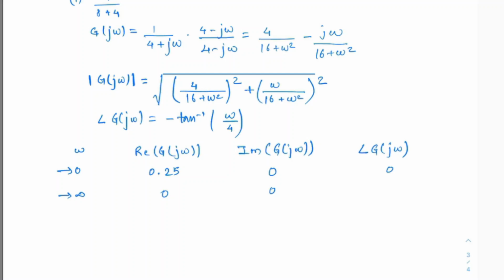So the angle term, when omega tends to infinity, tan inverse infinity would be 90 degrees. And since we have a minus sign in front of this, it will be minus 90. So third thing, when omega is equal to 4,